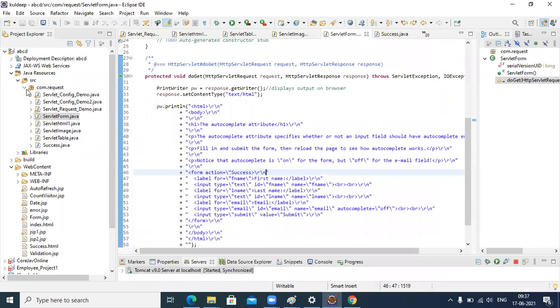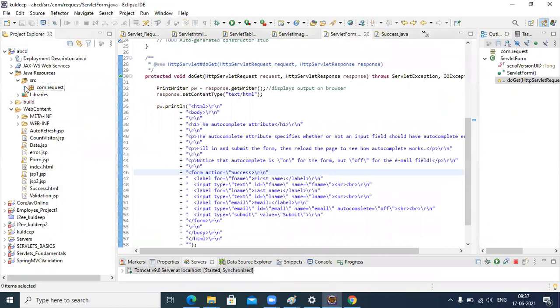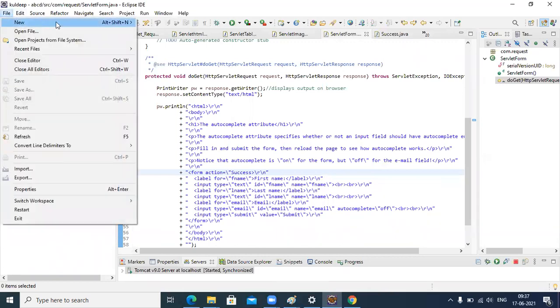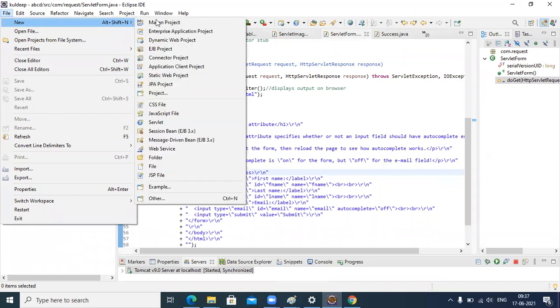And if you talk about servlets, just create a normal folder. Go to File, New, Dynamic Web Project.